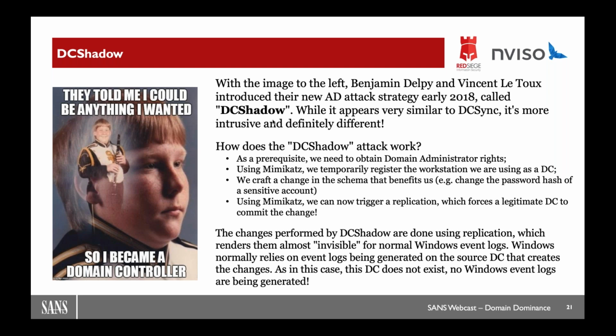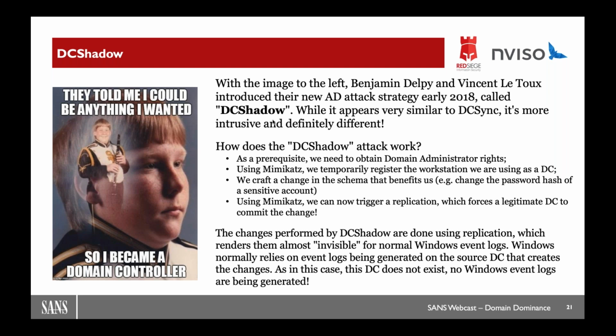We again need elevated privileges, as with every attack I'm discussing today. What we'll do now is have a workstation that registers itself as a domain controller. So there's suddenly a new domain controller in the environment.